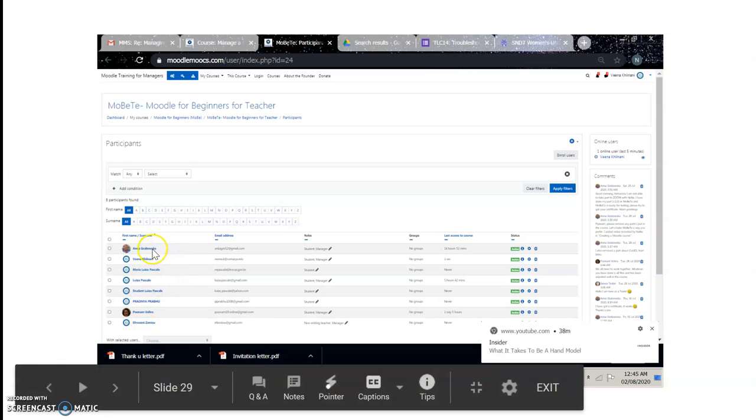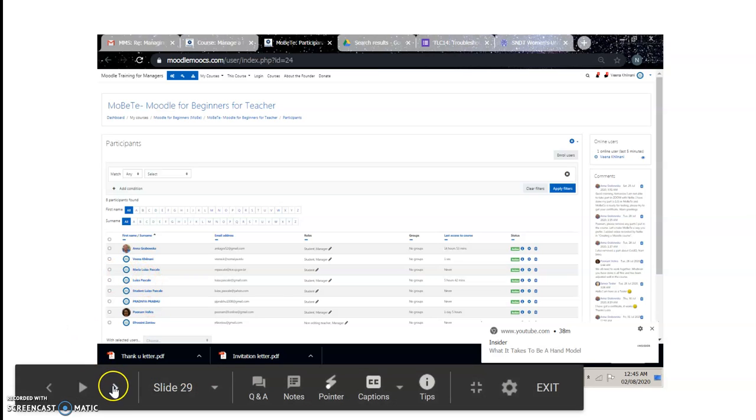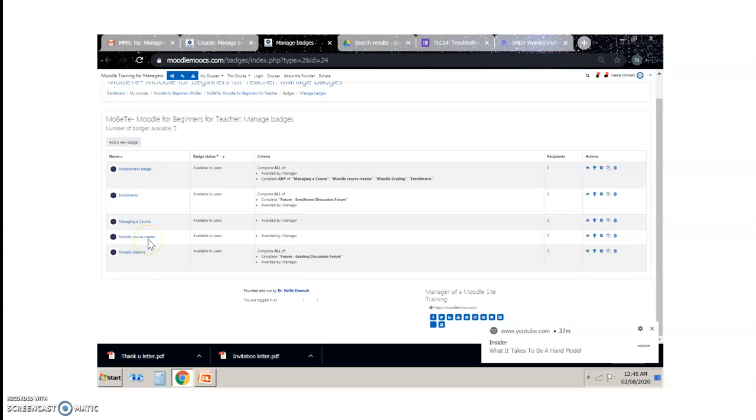So these are the people we enrolled over here, and we also started with the self-enrollment, with Mobitech as a code. So next is to manage the batches. We had 5 batches, 4 for the activities of the course, and after you get the 4th batch, then you are entitled to get the 5th batch.